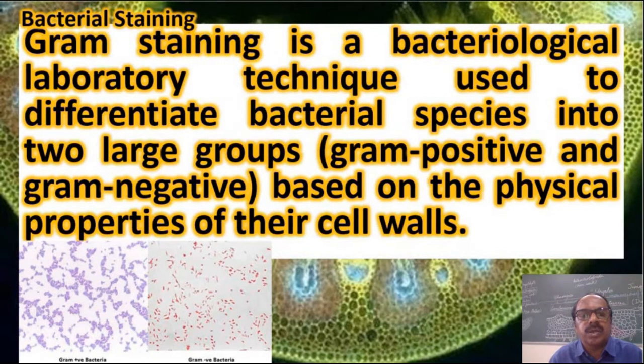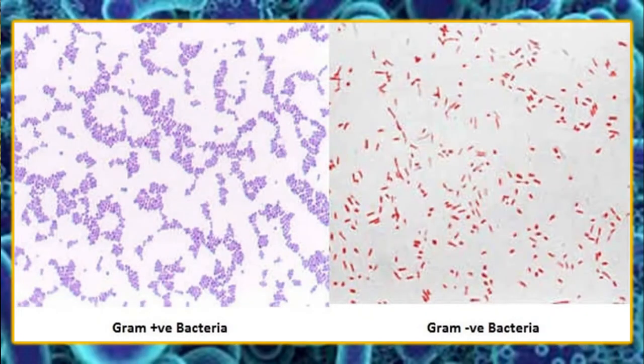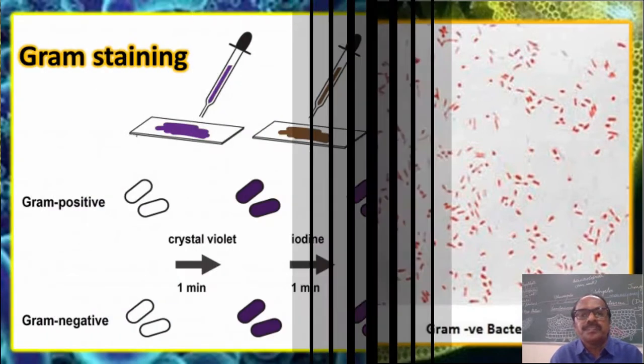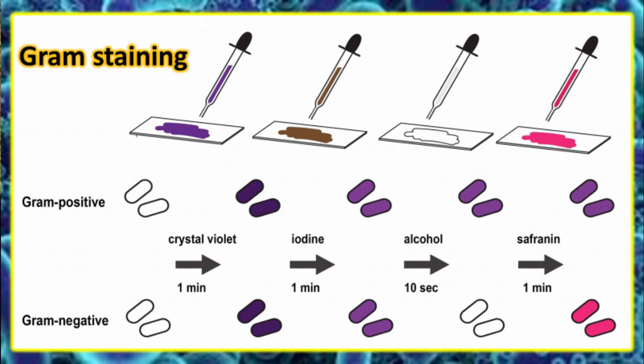You are seeing on the screen two types of bacteria. Gram-positive bacteria after staining will appear violet in color. Gram-negative bacteria will appear red in color. You can see here the gram-positive bacteria on the left-hand side, which are appearing in violet color because we are using crystal violet color. So when we use crystal violet, the gram-positive bacteria will take up the crystal violet and appear violet in color, whereas the gram-negative bacteria don't take the crystal violet color because of their cell wall